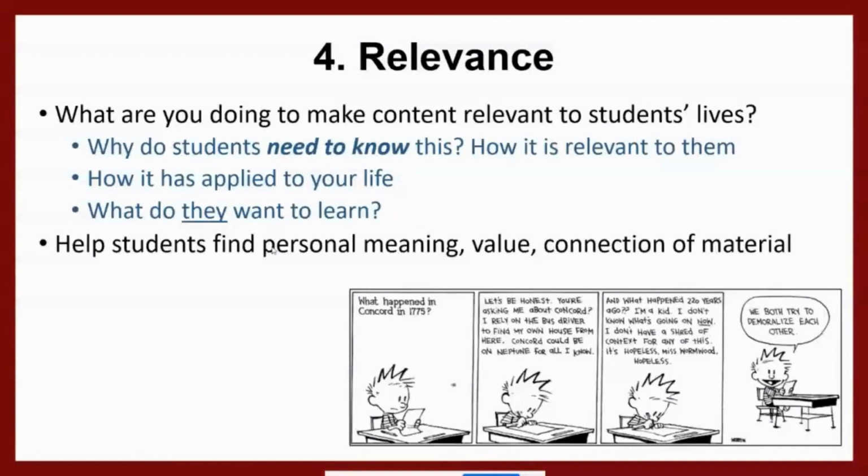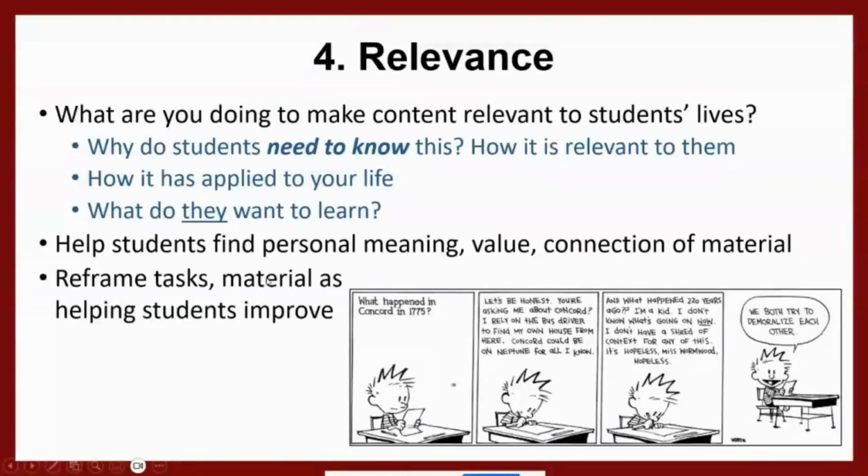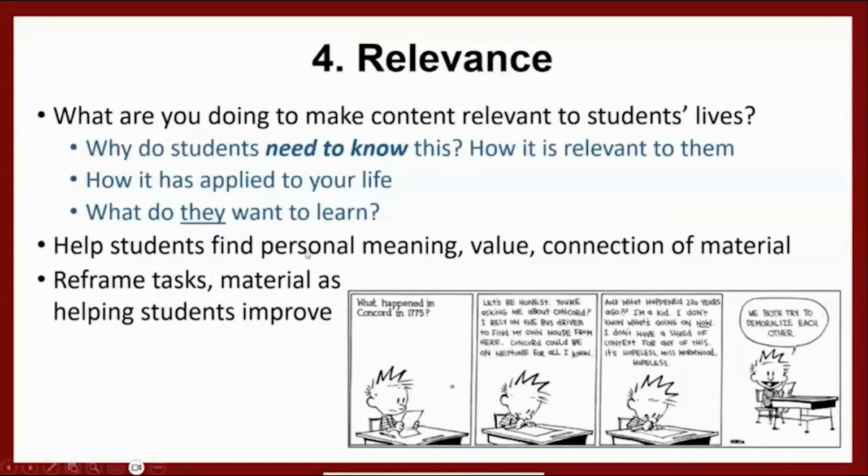I have my students do projects and I tell them to choose from a list of about 27 controversial marine science and societal issues. They get to choose their topic because it's the one that they're interested in. It's not something that they aren't. So they are more engaged with it, more motivated to do well on that project. And reframe those tasks, that material, as why I'm doing this is to help you learn these tasks, help you learn this material. So when you see it in your 400 level class, you will already have learned it and it will make it easier for you in that class. So really think about how you can reframe what you're talking about, what you're doing in class.